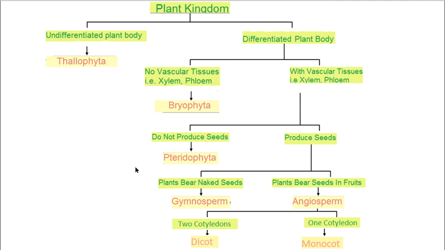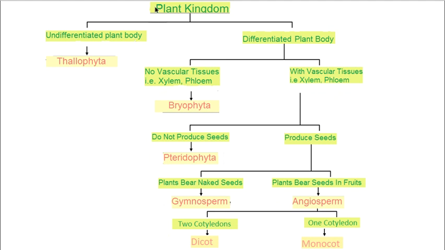Today, continuing with our botany section, we are going to discuss the plant kingdom, its classification and the methods of reproduction they use. I have observed that it's a point of confusion for students how the plants are classified. What are the differences? Plus, they also get confused when we talk about the reproduction methods of different plant classifications. So, today it will be very clear to you how the classification is done, what the differences are, and how the plants reproduce.